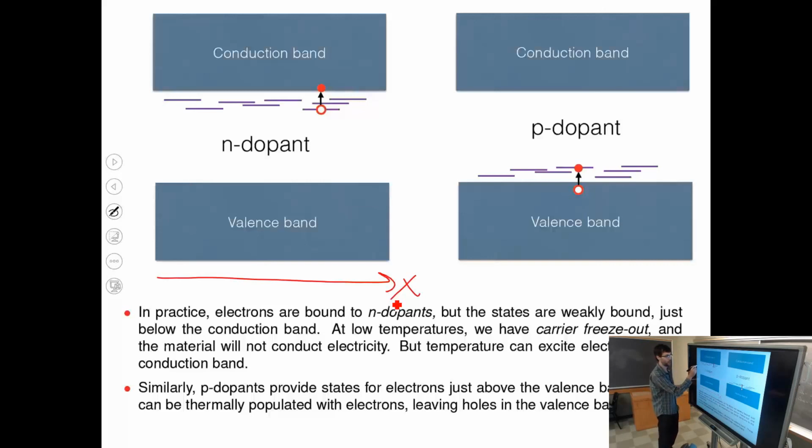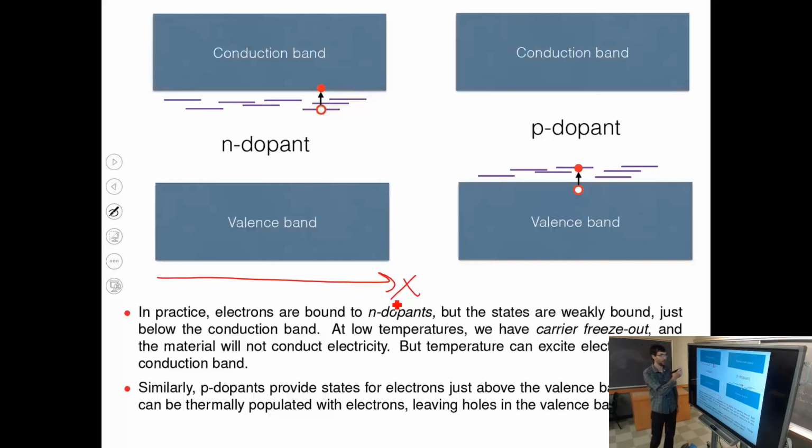So n dopants tend to line up close to the conduction band edge. And so then, upon thermal activation or a little bit of microwave or light, it's very easy for these electrons to hop into the conduction band. Very easy for them to do that. And therefore, at room temperature, you may have a much higher concentration of electrons than you have of holes because of all these levels. Now, if you cool this down sufficiently, all these energy levels might freeze electrons in them.